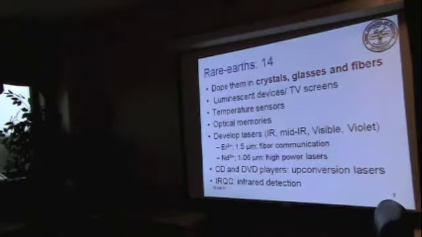So these are 14 in number which you saw in the previous chart. These lasers you can grow in crystals. That's the one which got started in the beginning. Later on people started using glasses because glasses are easy to make. Eventually from glasses people went into fibers because this will turn out to be compact and long lines. You get high power lasers from this. So our work deals with these rare earths in crystals, glasses and fibers. We deal with all this.